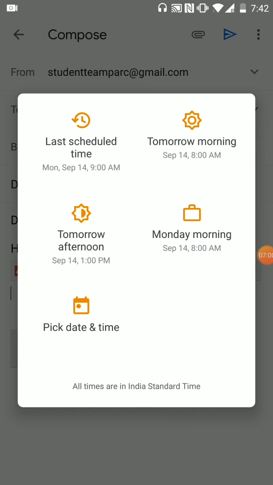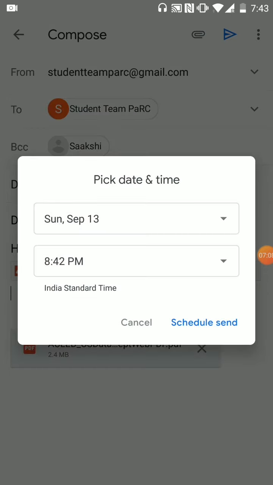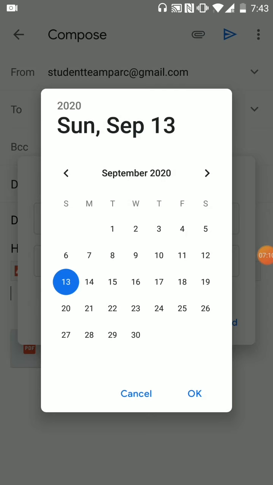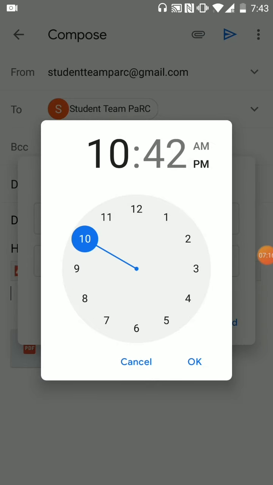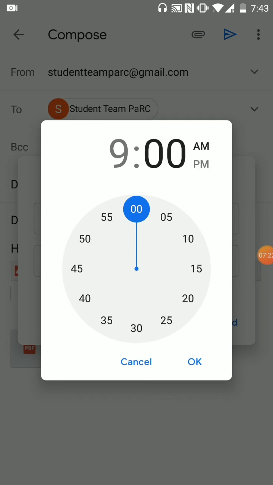So you can send it tomorrow morning at 8 a.m., tomorrow afternoon, or you can pick a date and time yourself. So I can pick 15th September, Tuesday, and I can select any time I want. AM, PM. I will go for 9 AM on a Tuesday morning.